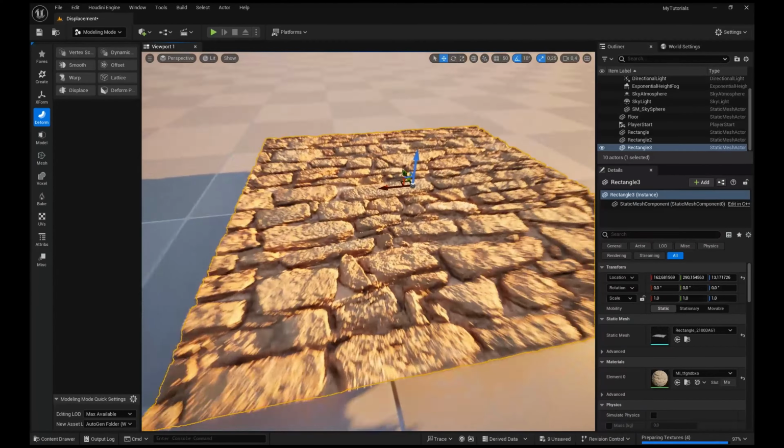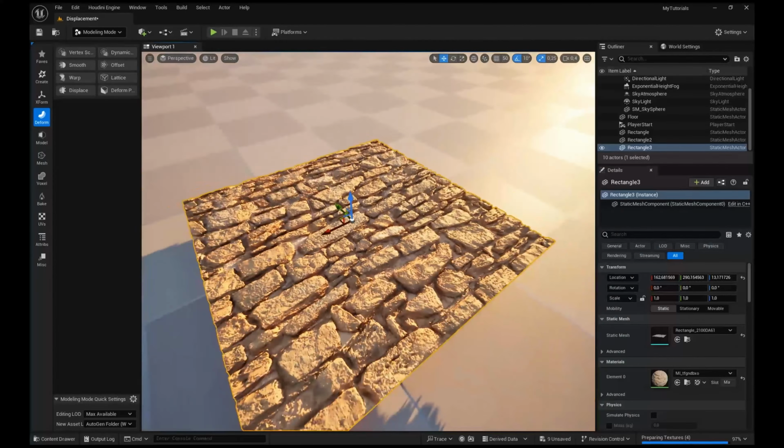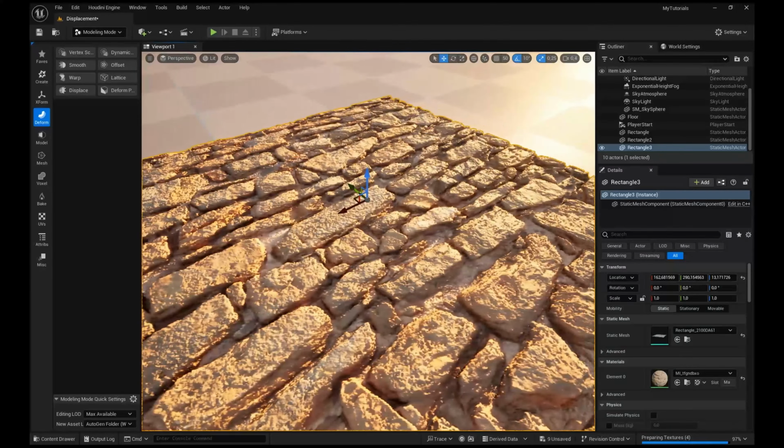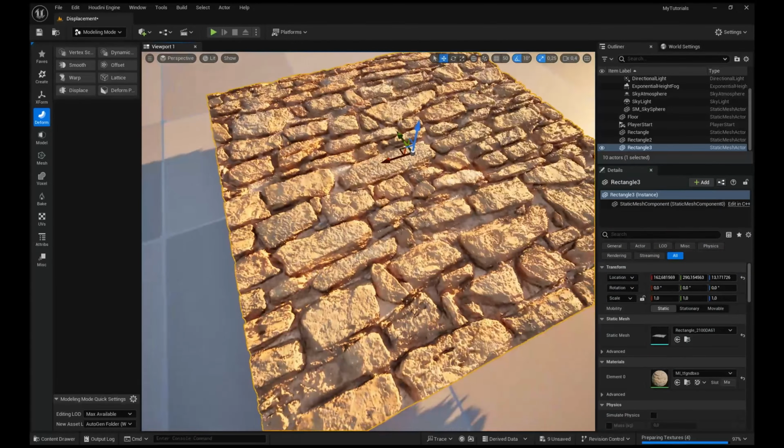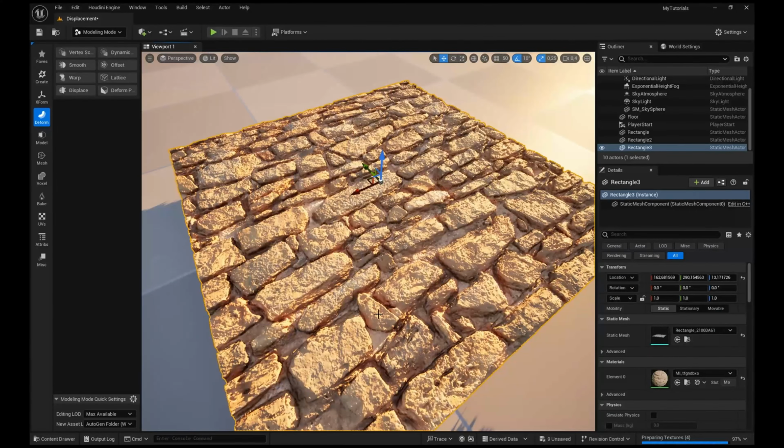Okay, so here's our displacement, but if you remember, we have an extremely high resolution on this particular mesh with 1 million triangles, which is unnecessary and is too much to handle even for Nanite. So what we want to do is to simplify this mesh, and we can go back to mesh. By the way, always make sure the mesh is selected. Simplify,